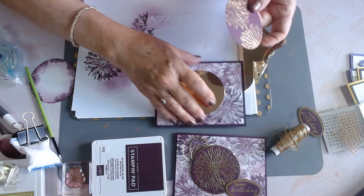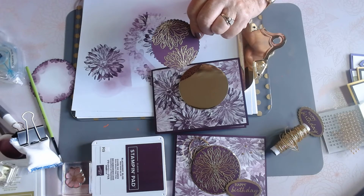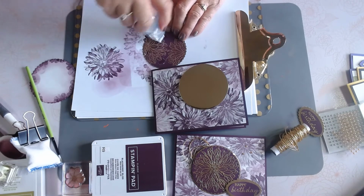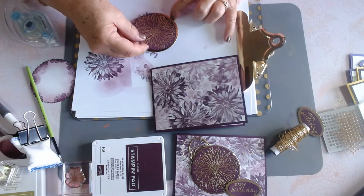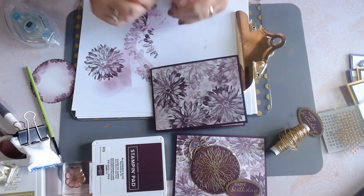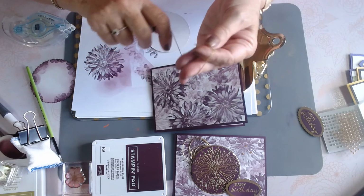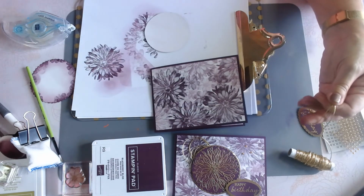Okay, so I tried to get 2 pieces of embossing, the embossing flower on here, as you can see, which looks pretty for another card, but it's not what I wanted. Anyway, in trying to be efficient, I'm not efficient. So we just put a little bit of gold border, and before we put that on, I have this gold twine that we have, and I just did 3 times around, gave it a little snip,